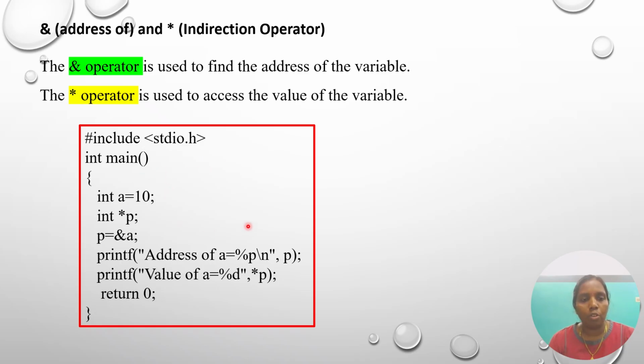This is a small code showing this: int a equal to 10, int *p, p equal to &a. So the two printf statements given are: in the first printf we have p, and the second is *p. You can see in this code snippet p is equal to &a, which means that in the first line the address will be printed, in the second line the value of a will be printed. So the output is